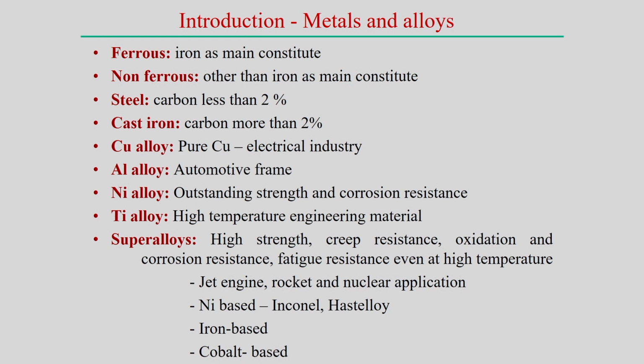But this is not enough; other kinds of metals and alloys may also be used. I am just trying to give an overall view of what kinds of metals are normally used in the manufacturing industry. Steel has a huge number of applications in manufacturing. Normally, if carbon is less than 2%, we categorize it as steel, and if carbon is more than 2%, we say it is simply cast iron. Both have their uses in industry.